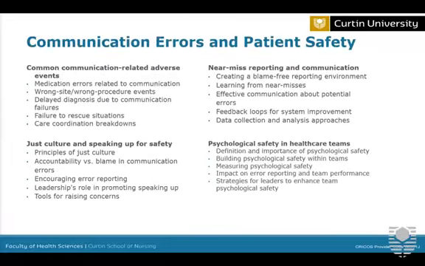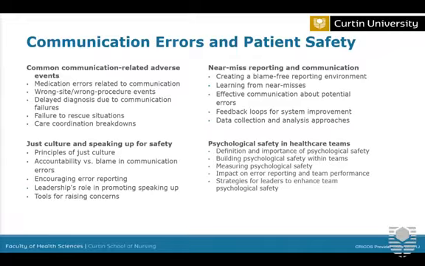Communication errors and patient safety. We know that our verbal communication impacts a number of patient safety factors, and that's why there's a great focus on human errors, understanding human errors, and minimizing communication errors. So this is why we have such a strong focus on our laboratory learning, our simulation practice, and clinical practice, so that we're reducing errors. Laboratory learning and simulation is a way for you to engage at very different levels